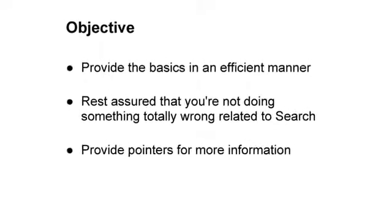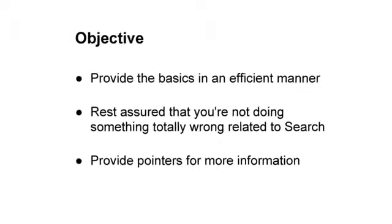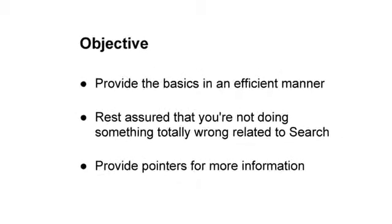My objective for this talk is to provide you the basics in the most efficient manner possible, and to help you feel assured that you're not doing something totally wrong related to search, and last, to provide pointers for more information. The first thing to do with your new domain is to decide whether you want visitors to see the